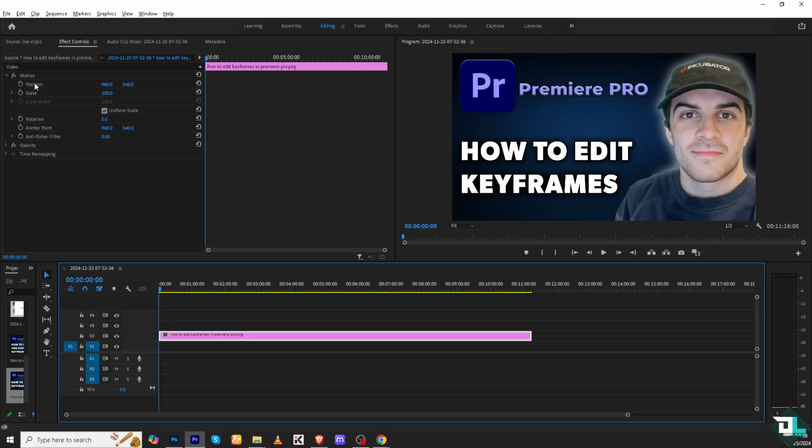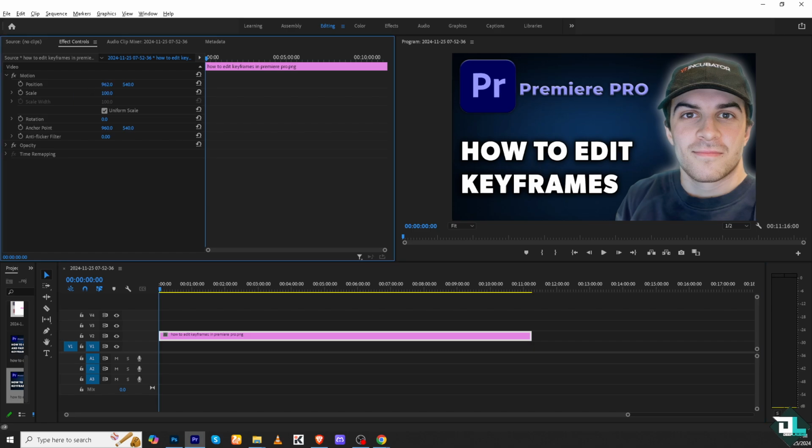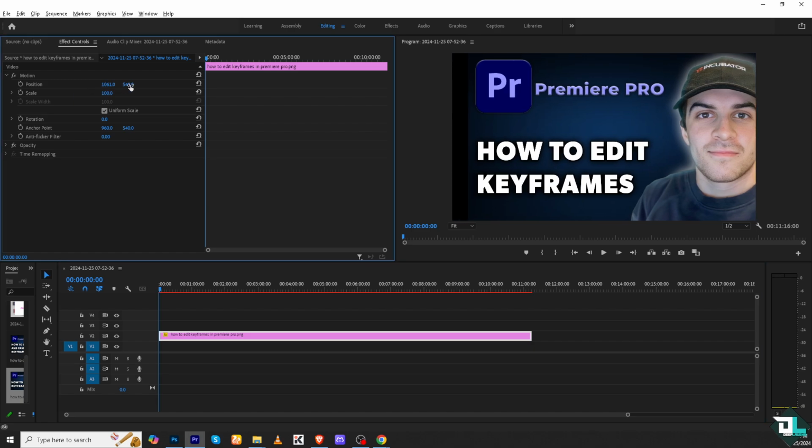You have the position, scale, rotation, anchor point, and anti-flicker filter. You see, if you change your position right here and you click this small button, that would give you one keyframe, right? Essentially, if you want to edit that,